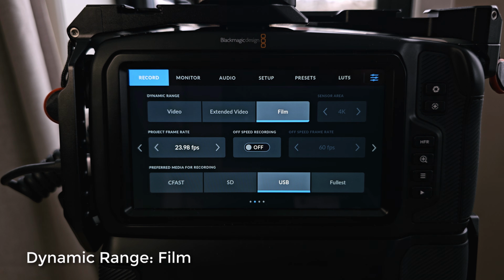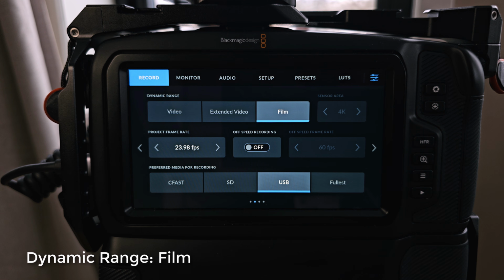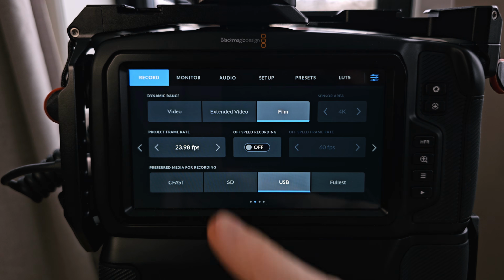Here we can choose dynamic range of our video. I recommend using film because it gives you the biggest dynamic range, and that's what this camera is all about. Using extended video and video gives you less and less data in your image, especially when it comes to colors, highlights and shadows. The sensor area is grayed out because we are using BRAW, and then you can choose the